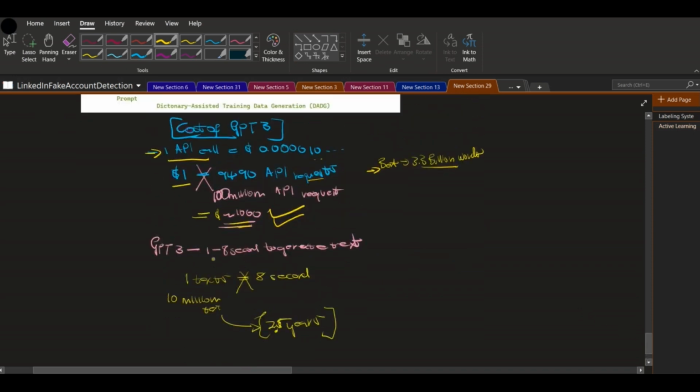GPT can take 1 to 8 seconds to generate a text. In computer science, we always take the worst case scenario. So let's say it takes 8 seconds for one text. Because we said we want to generate 10 million texts, how long will it take us to generate that? It will take us 2.5 years to generate our whole entire data